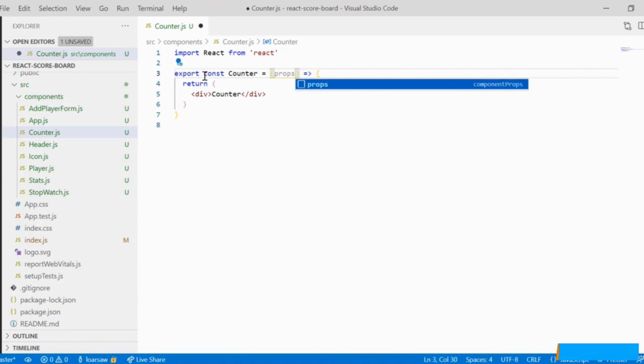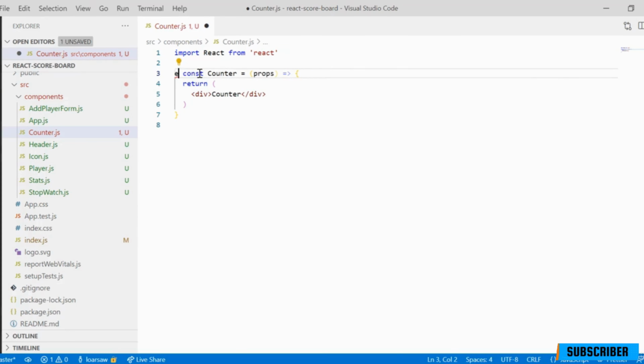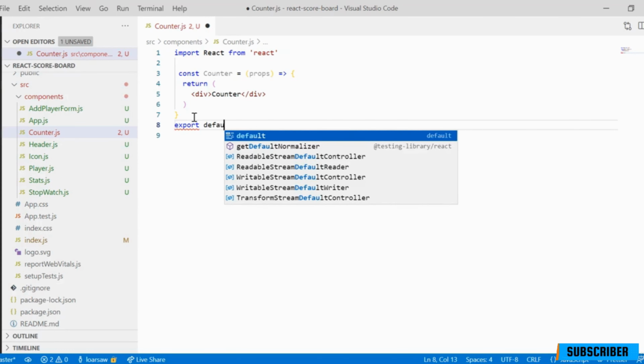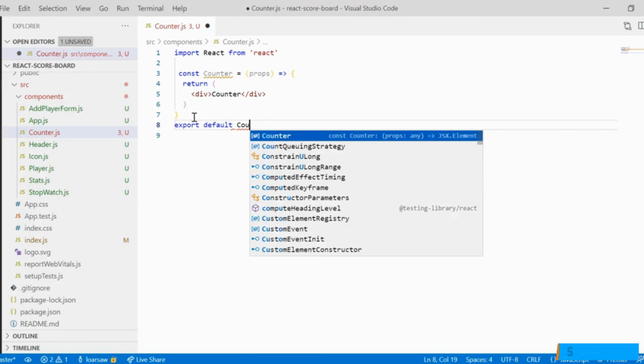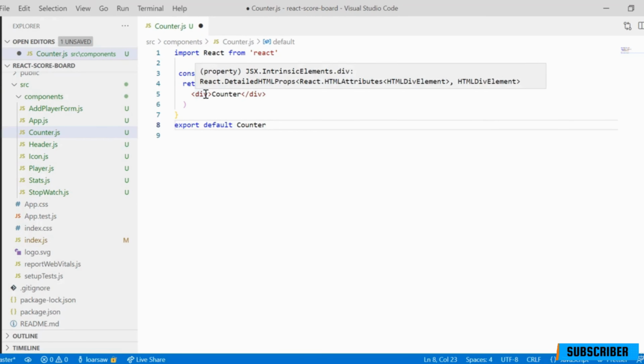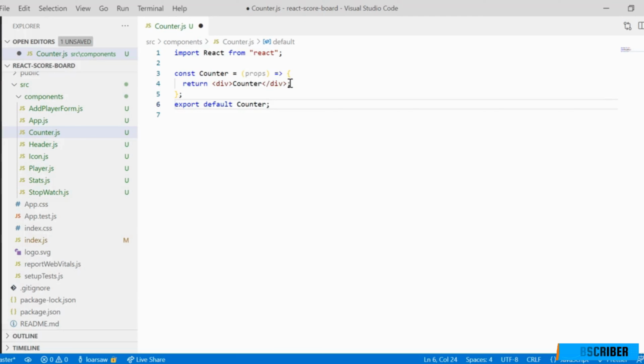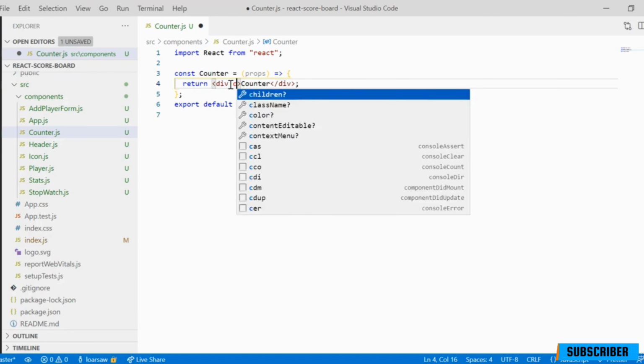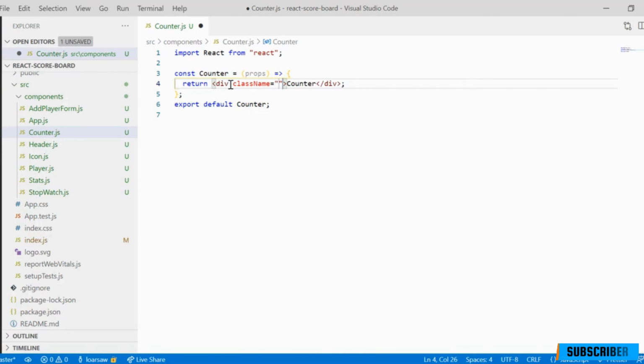All right, now just out of my own curiosity, I'll just export this at the bottom. So export default counter. All right, now we're good with this. Now rather than having this div, we'll also be adding a class name to it. So give this a class name that is going to be score. All right, now inside this div, let's just get rid of this count over